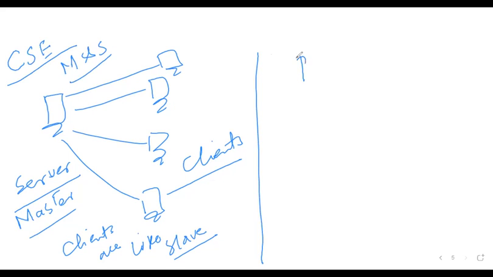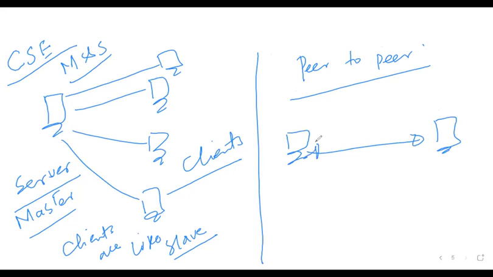While on the other side, the peer-to-peer network is a bit different. Every node has equal rights, and it depends on who is requesting to whom. If this node is requesting, then it will become a